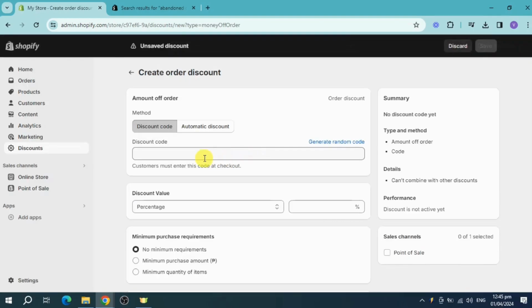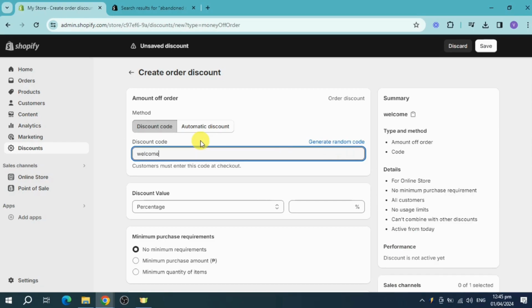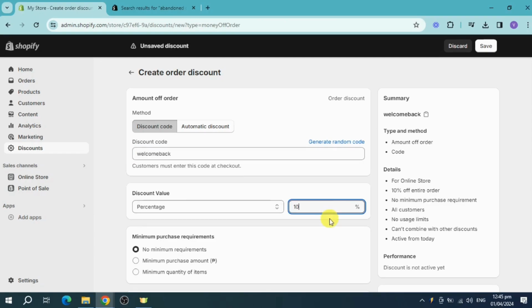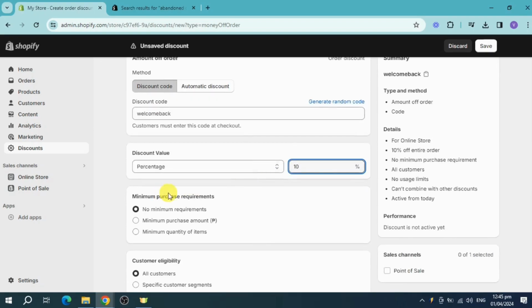Then from in there, just head over and generate a code. So for example, let's put in here, welcome back. And then from in there, you can put in a discount value percentage. For me, I'll just put in 10. So in here, we just need to put in a minimum purchase requirement, or you can also not put